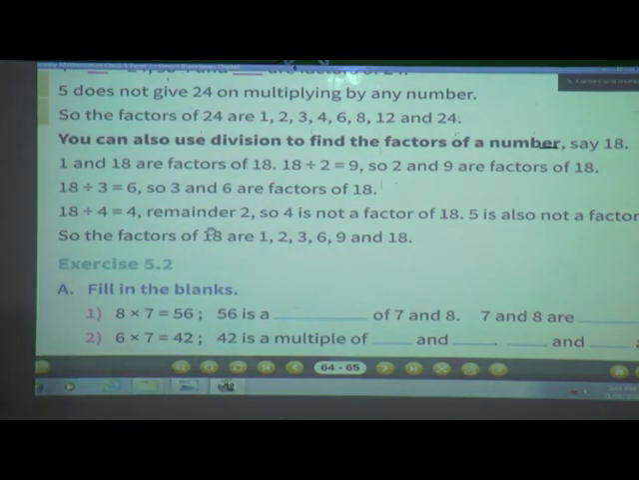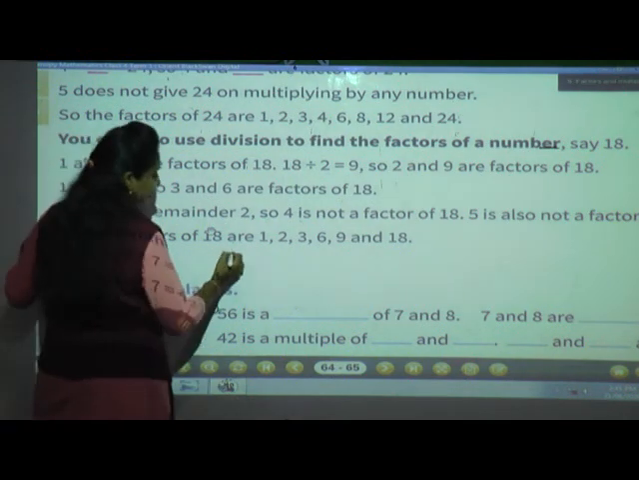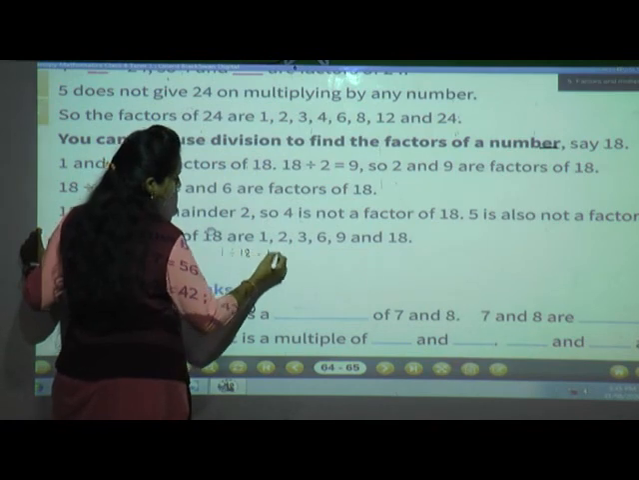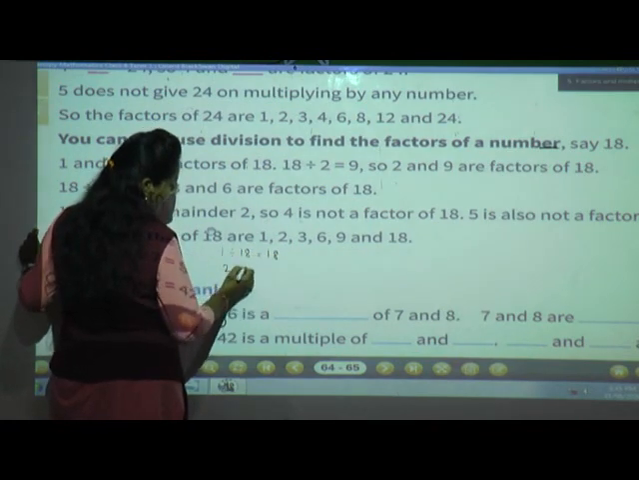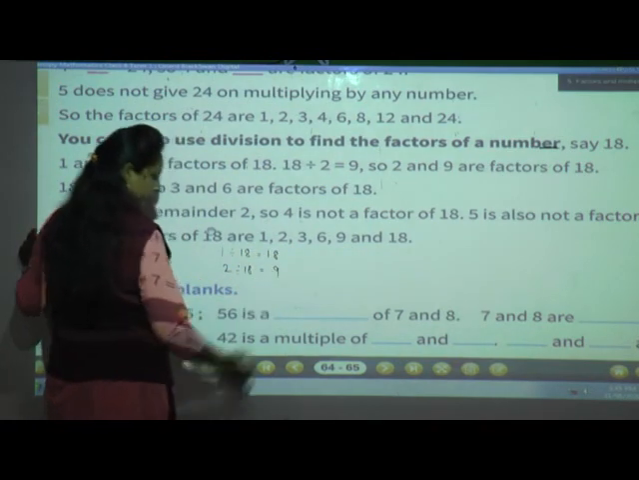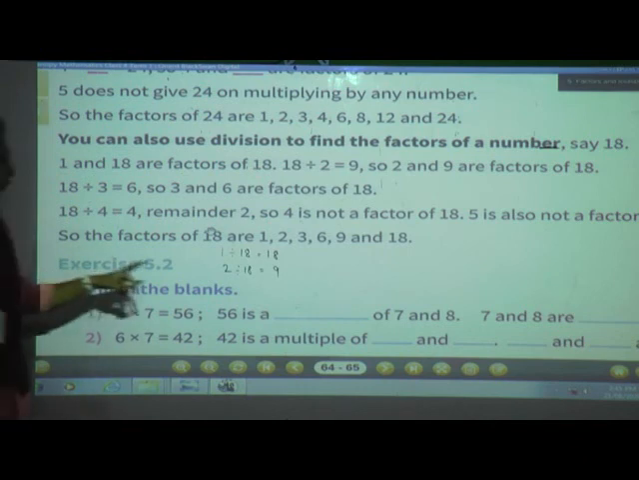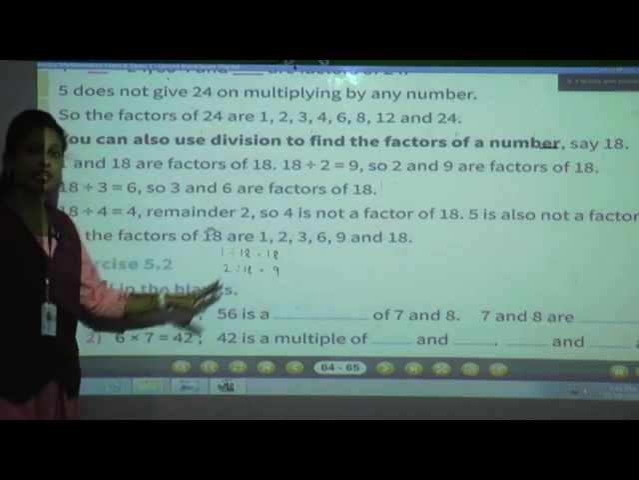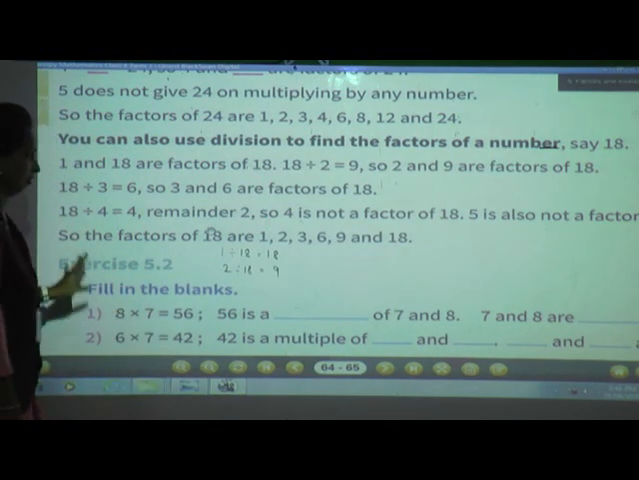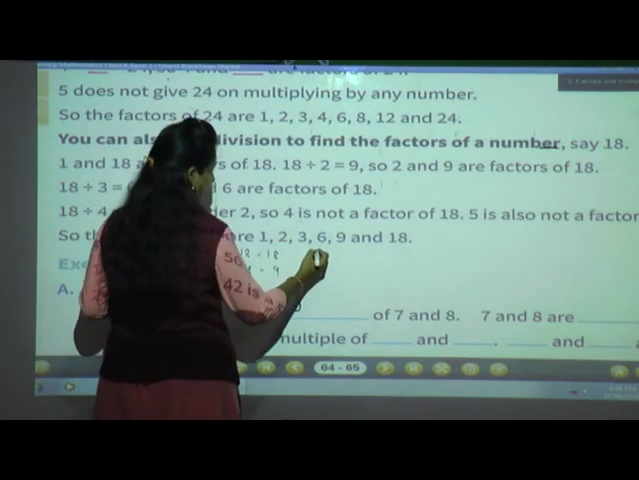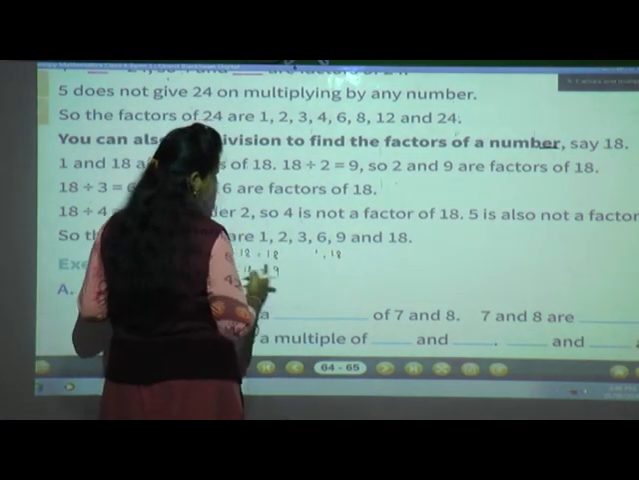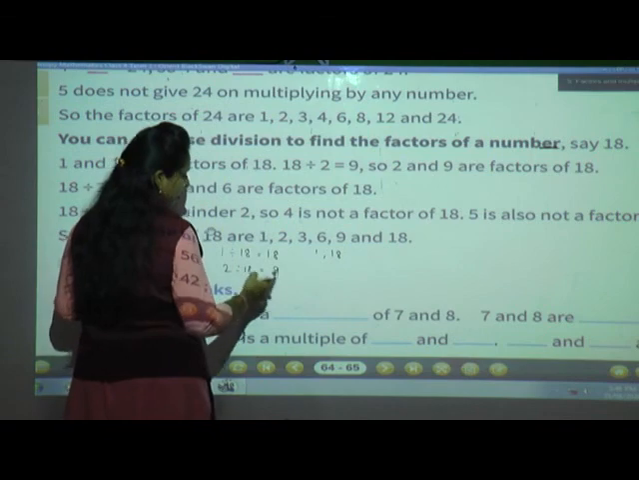Here first we will start in the same way, with 1. 18 divided by 1 we get 18. Now 18 divided by 2 we get 9. Whenever you are dividing there should not be any remainder. So when you divide 18 by 2 we get 9, so there is no remainder. So the factors of 18 are 1 and 18, and in this number